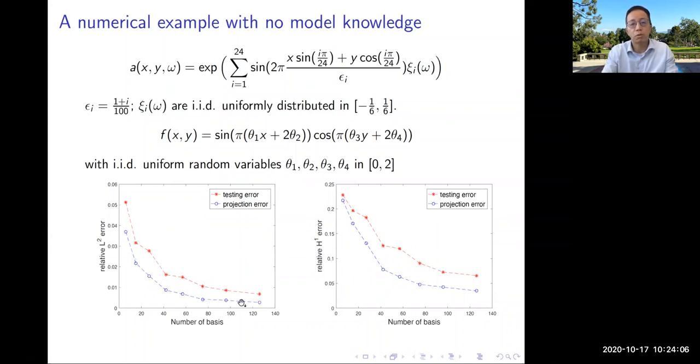This is basically what you can do. If I know the true full field of the new earthquake, this is like the Oracle one, and I project it onto the basis I have, then this is how the error decays as the number of bases used increases. And in this other one, I do not know the exact solution. I only know the measurements at those locations I specify. You tell me the measurements, and doing the least squares fitting, I find the solution and compare it to the Oracle one. And this is good behavior, I would say.